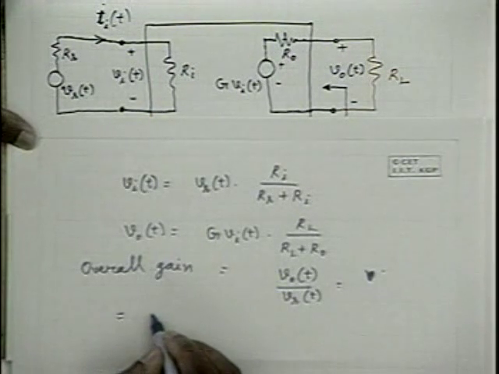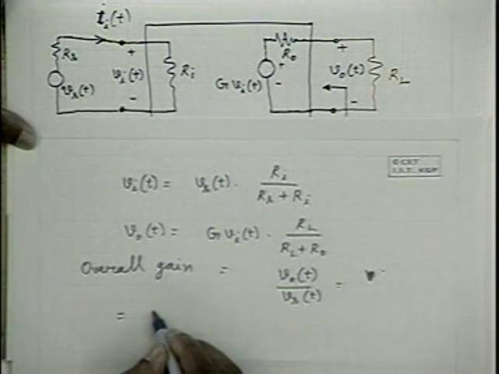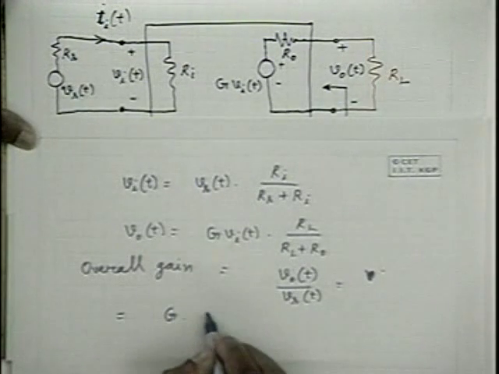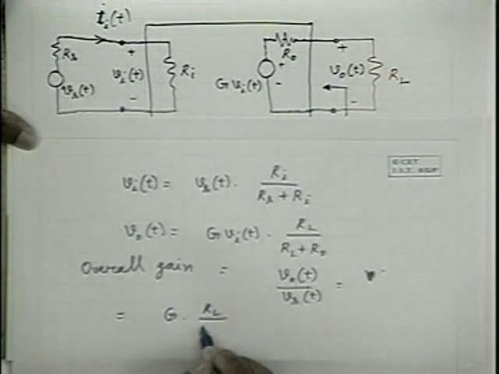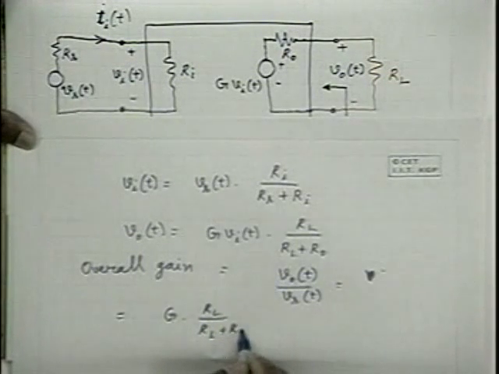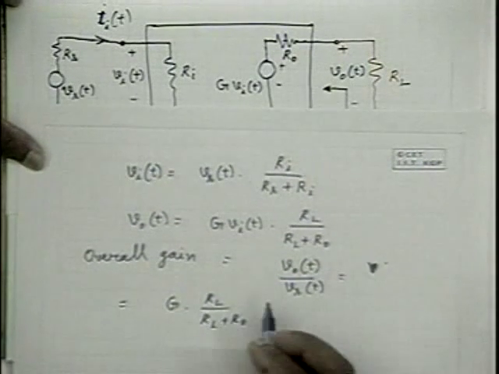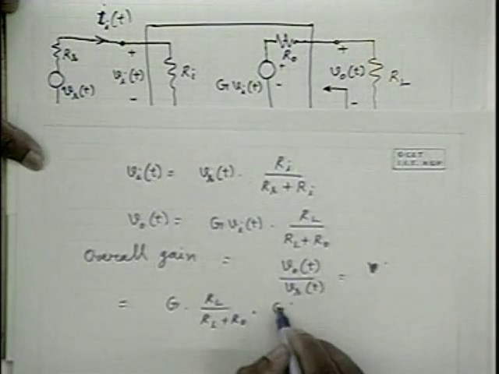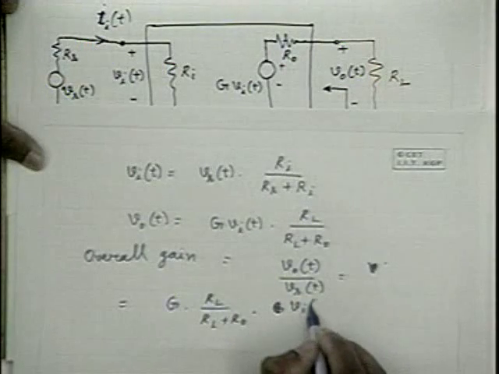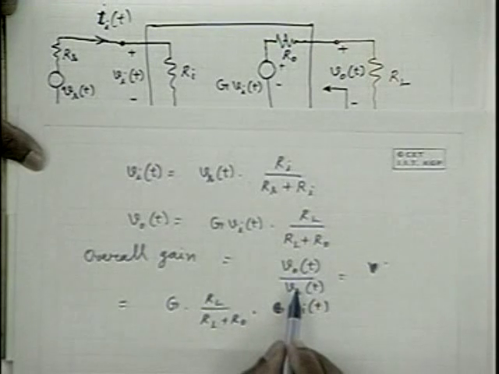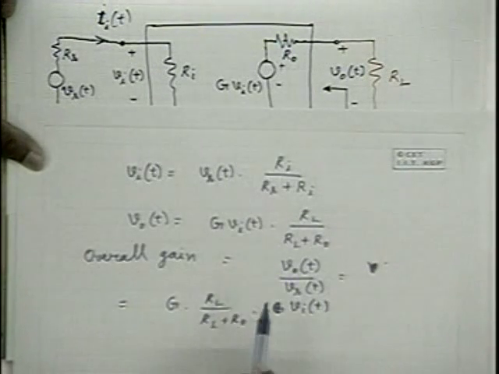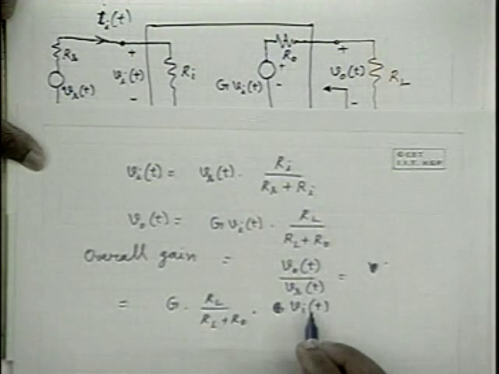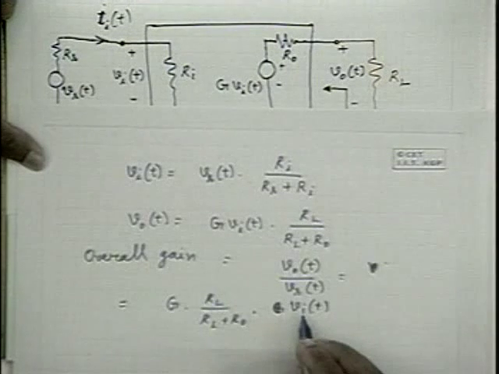And VOT is GVIT into RL by RL plus R naught. Therefore, it is G into RL by RL plus R naught into VIT. And what about VST? VST is VIT divided by Ri by Rs plus Ri. Therefore, this can be expressed as